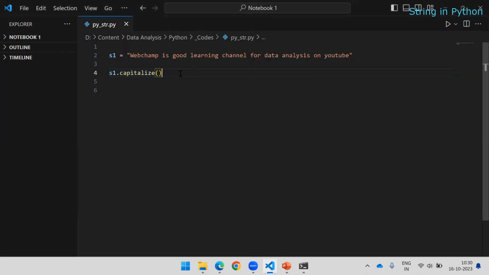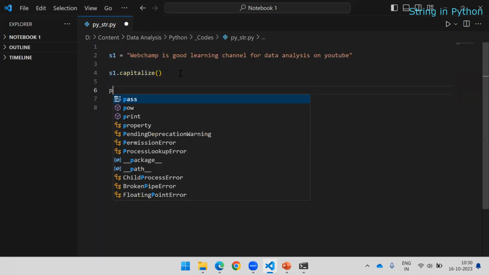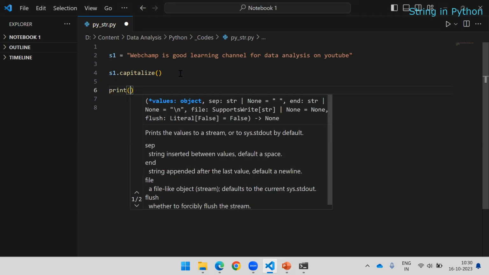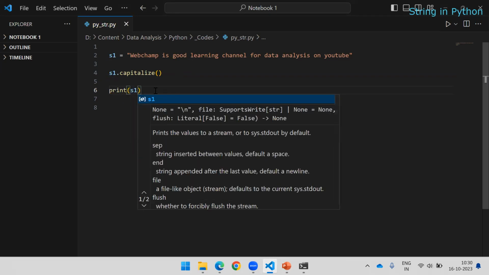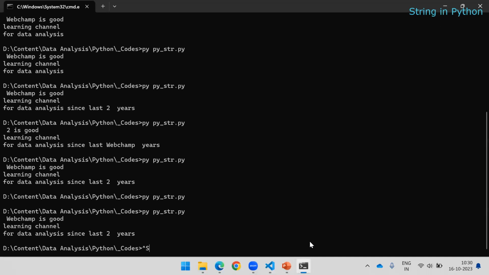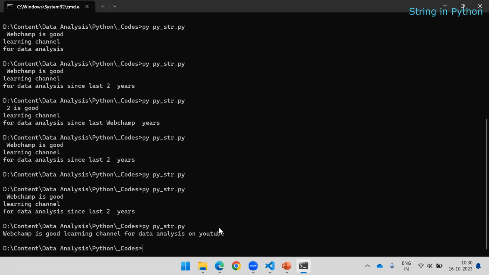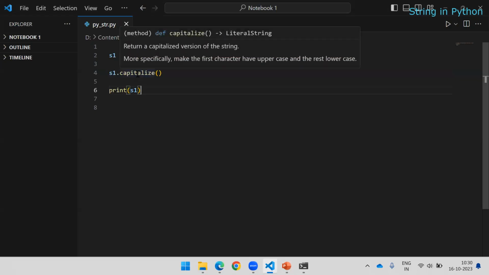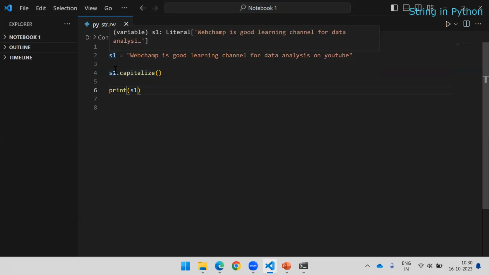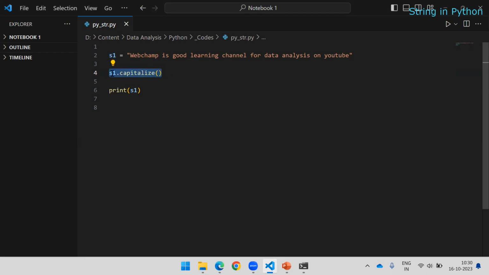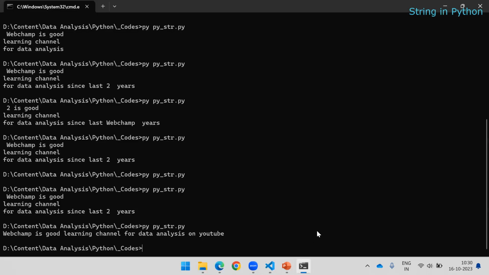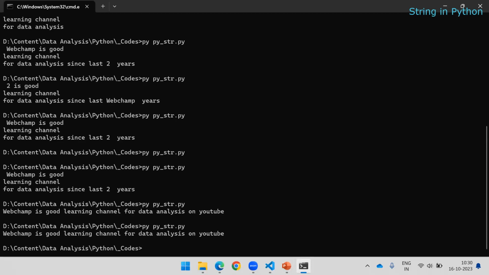But now you can try to print s1 and see whether it is affected or not. It doesn't show anything affected: WebChamp is good learning channel. So it is not going to modify the existing string. Instead, it is going to return a new string. So I will say yes is equal to, and I'm going to store the modified result into the variable called yes. And now if I run this,